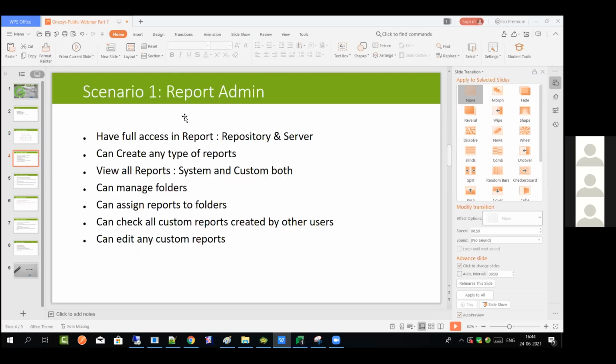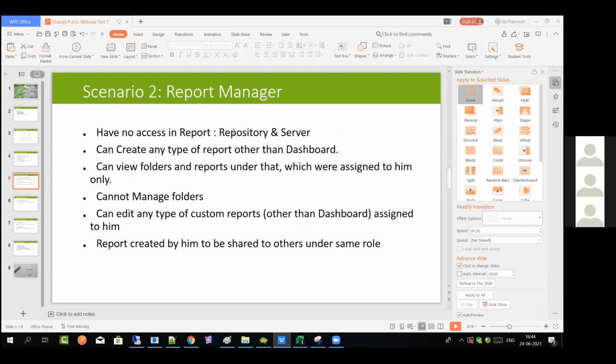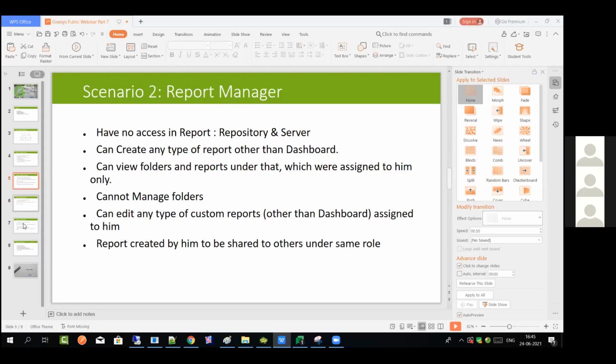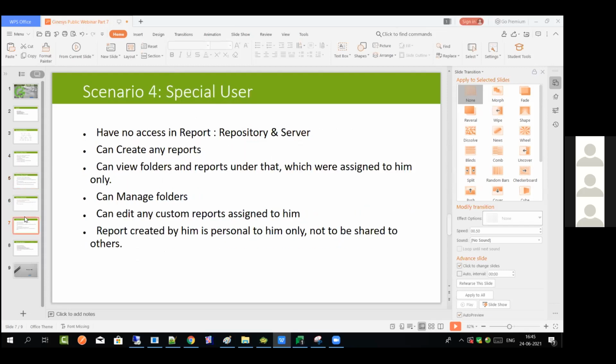So again, going through the scenarios, there is a report admin, and there are various levels of subordinates for that particular role. So what basically we have covered is general user and report admin, and everything else is just a variation of it, right?